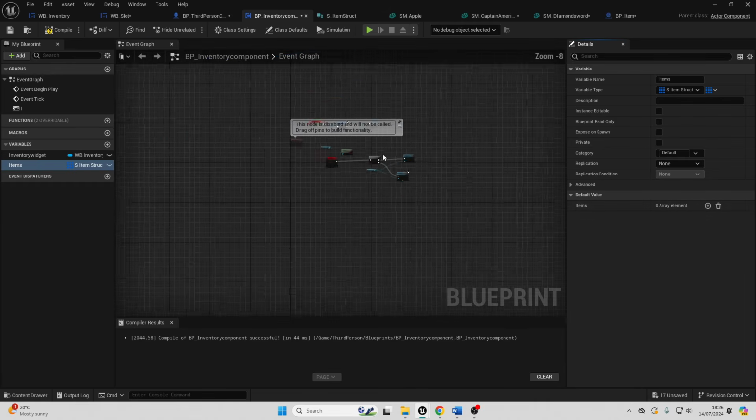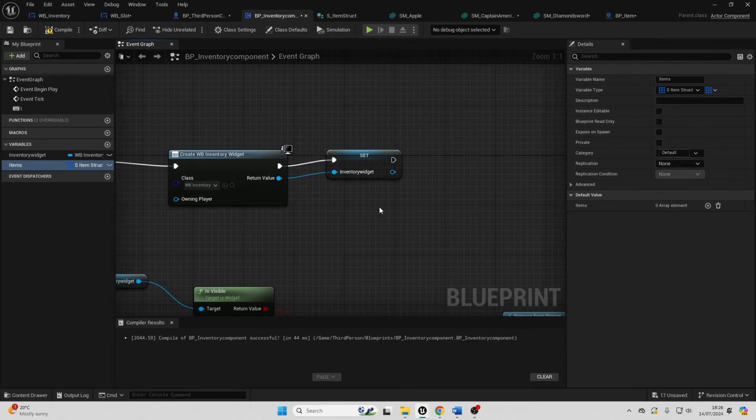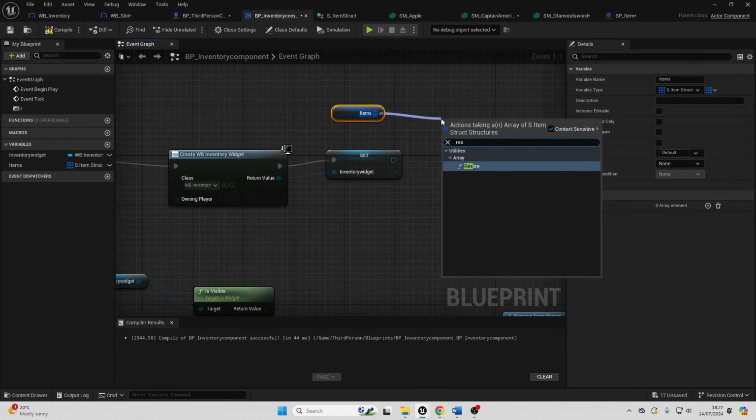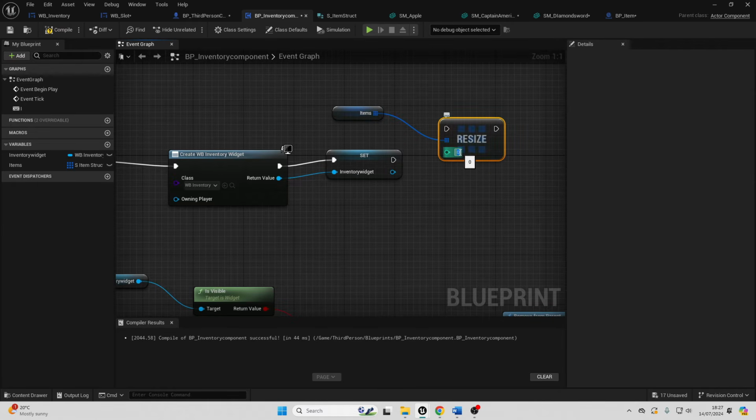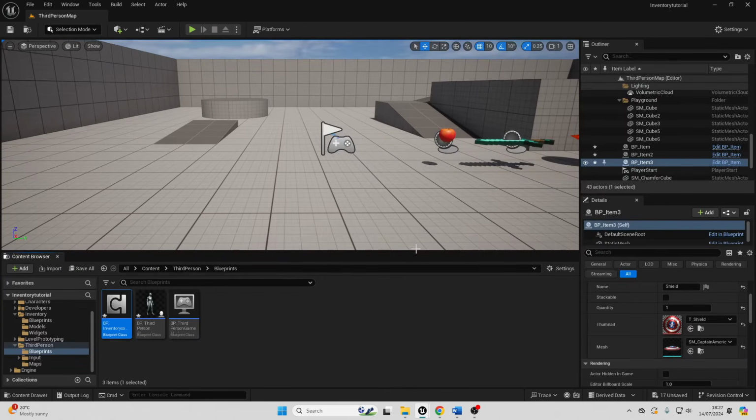I'm just going to delete this, and then begin play. I'm going to make it so my inventory is a certain size. So if I just drag off items, I'm going to get it, then I'm just going to drag off here and look for resize, and then let's change this to be 10. That basically means my inventory is going to have 10 slots inside of it. I'll just connect from here into here. Then we just want to compile this, close this, and then we just want to go back to our widgets